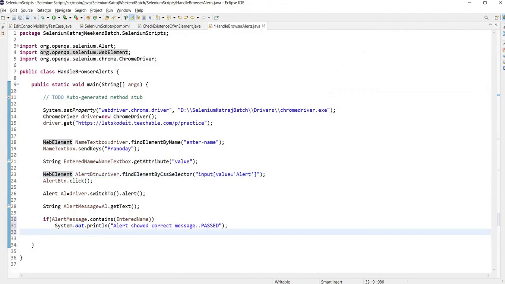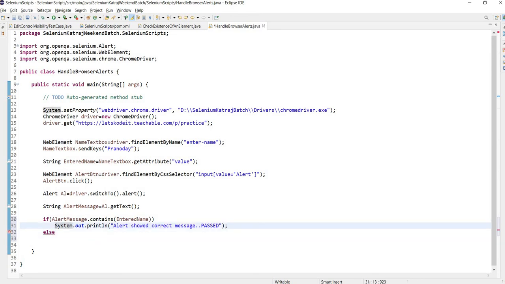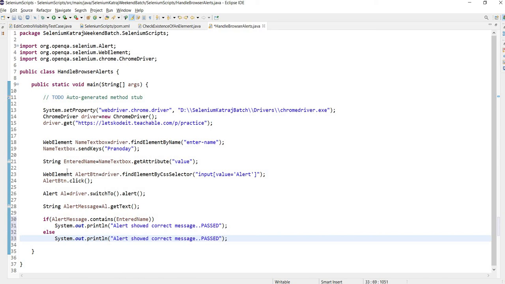We want to say that no, the alert didn't show us the correct message. So else, if that entered name is not there in the message, then I will say alert didn't show correct message, failed.